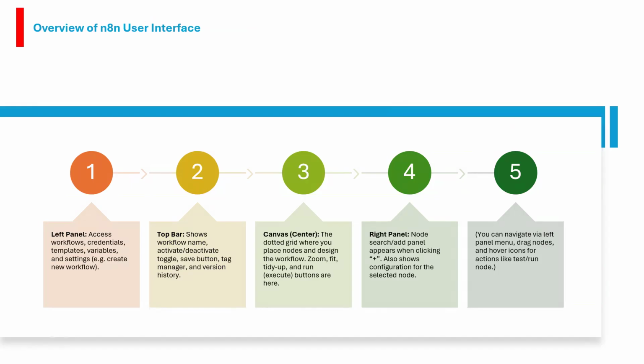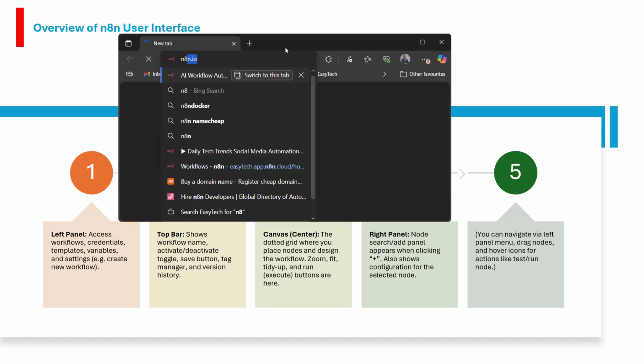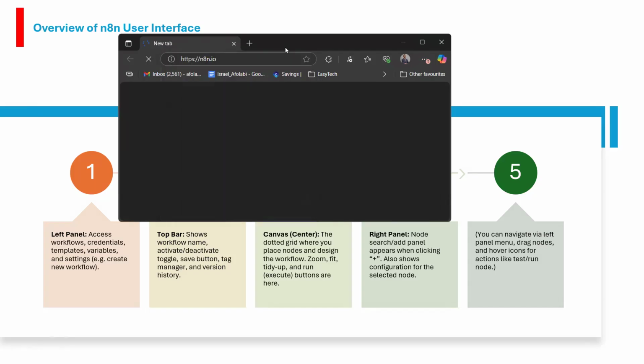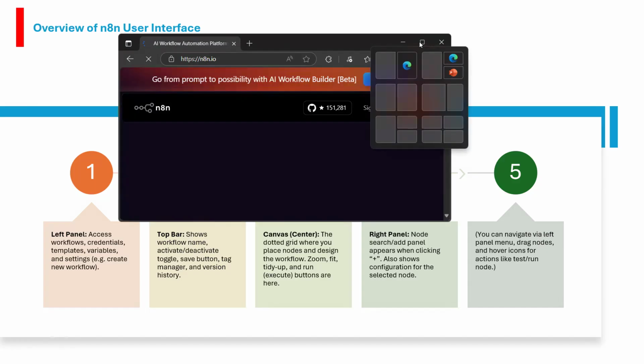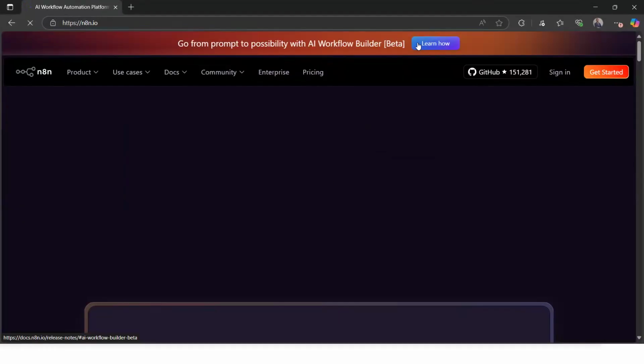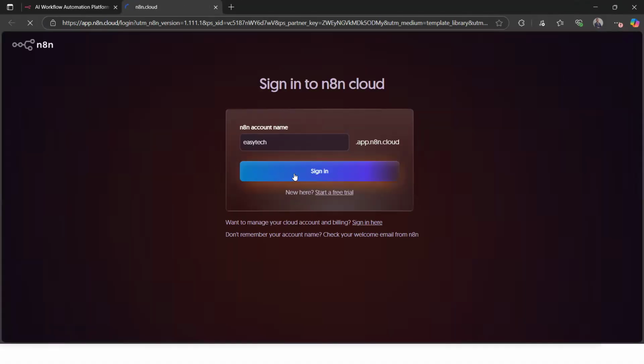All right, we want to look at an overview of the n8n interface. To access n8n, just go and type n8n.io. So let me open my browser. When you click on n8n.io, just sign up and immediately you'll be given 2 weeks free access to enjoy the application. If you want to subscribe, you can check their pricing. I've already created an account, so I don't need to go through that manually. I'll just click on sign in. If you don't have one, just click on start a free trial.